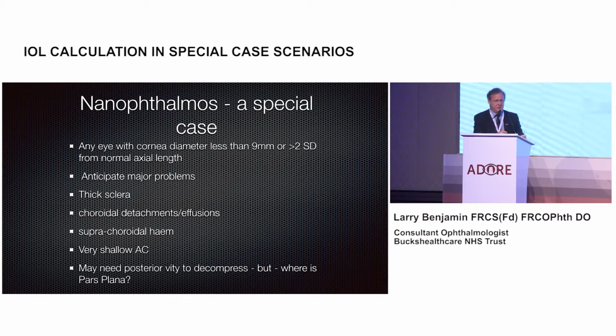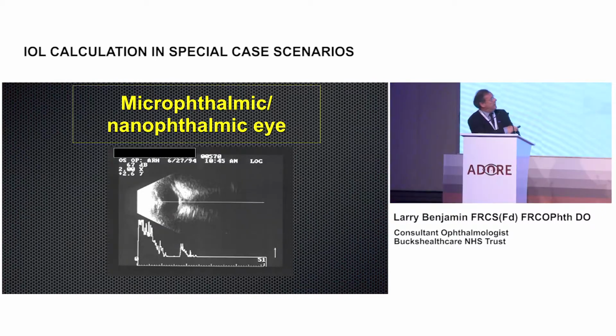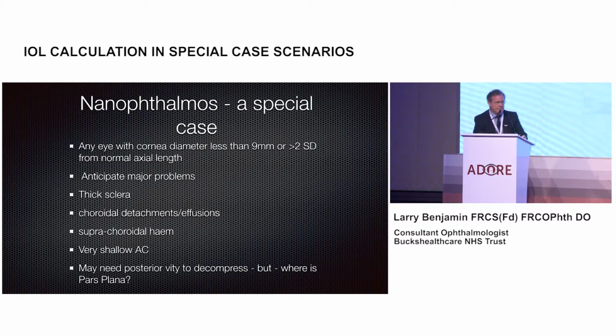And if you see that, you should anticipate major problems. They have a very thick sclera. You can probably see on the scan here, if I can go backwards, a very thick scleral reading, and that's universal. They get choroidal detachments and effusions. They get suprachoroidal hemorrhages very easily, very shallow anterior chambers, and they may need a vitrectomy to decompress the eye,